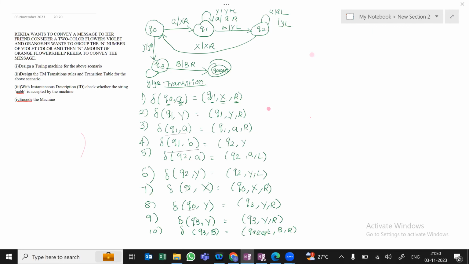The last question for the scenario-based question is to encode the given machine. So you're going to encode your Turing machine. Basically, encoding the Turing machine is converting your given Turing machine into the format of bit strings. The encoding of a Turing machine is usually denoted as